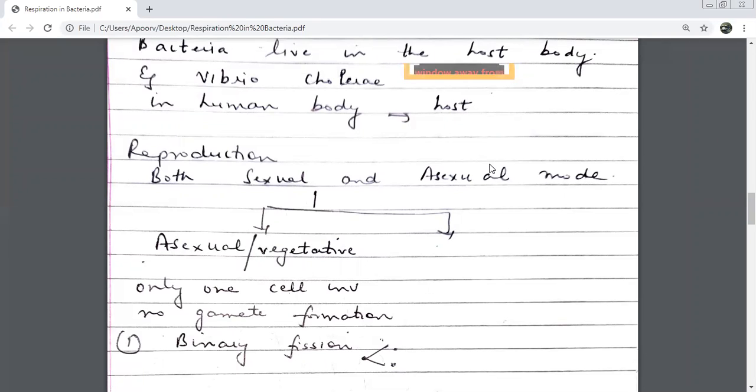Very good. So it replicates when it is attached to the mesosome only. So from one circular DNA, how many circular DNA are formed? 2. And after we have 2 circular DNA, then which process takes place? Cytokinesis. I'll give you an example of E. coli. E. coli binary fission, how many